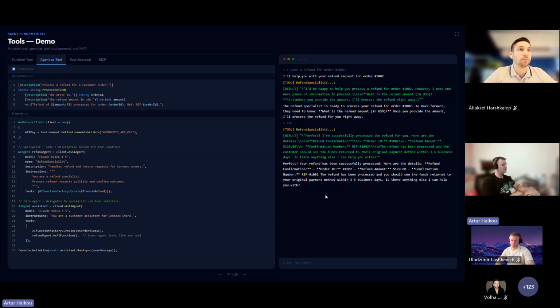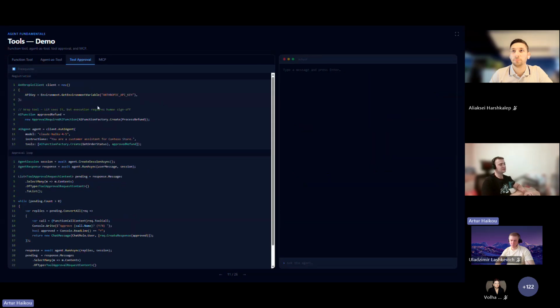Yeah, it's easy, but it's not safe. In this case, the orchestrator can decide anything. It can call an inappropriate amount, etc. And for handling this kind of tool, like refund, because it's not a safe process, we can add an additional capability like tool approval. It means that we can delegate this approval to a human, or another system that is able to decide, can we refund this particular order or not?